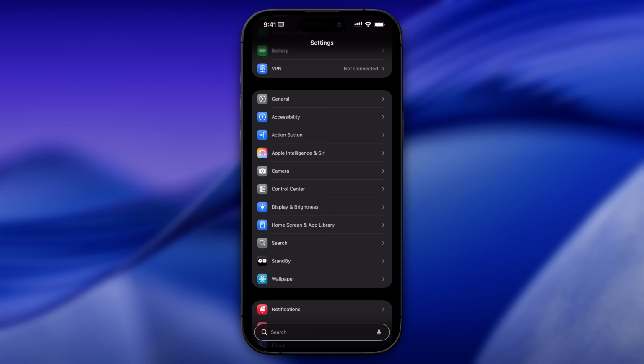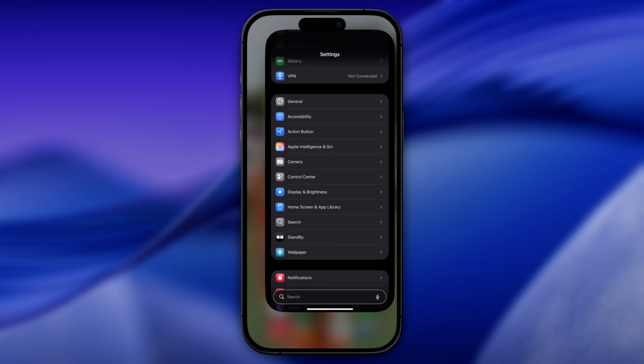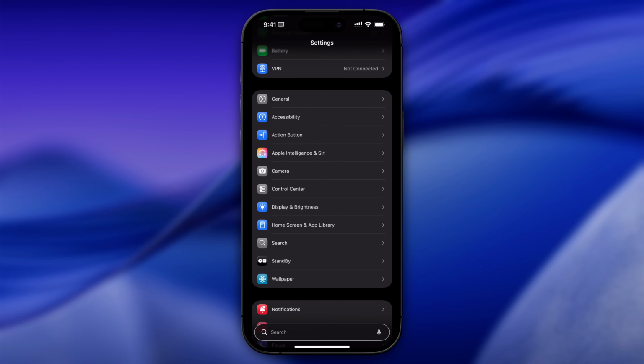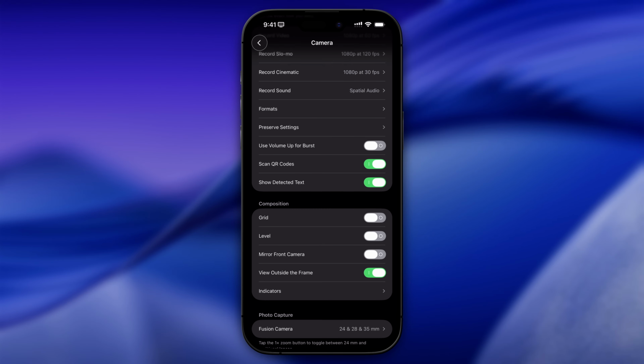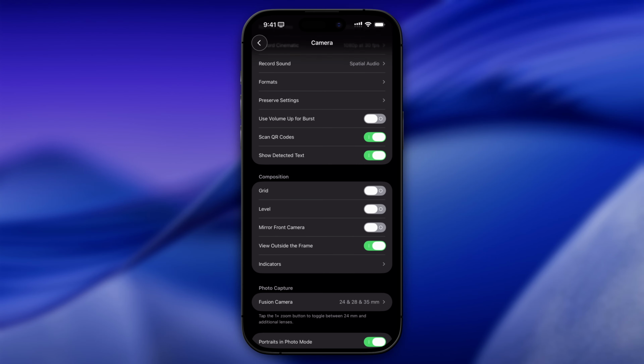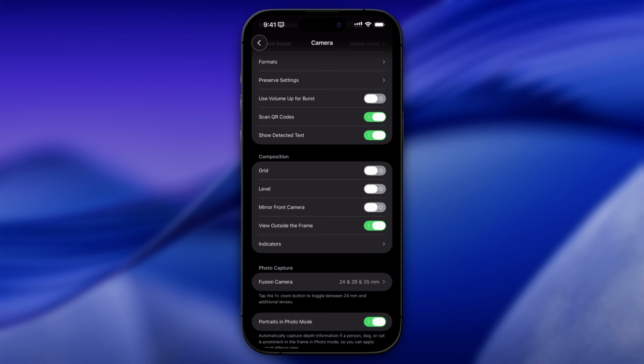Now, to do this, you're going to go on your iPhone or iPad and go into settings. Once you're in settings, you're going to go to camera. And in camera, you're going to scroll down till you see the header that says composition. Under composition, you're going to see where it says mirror front camera, and you're going to toggle the switch